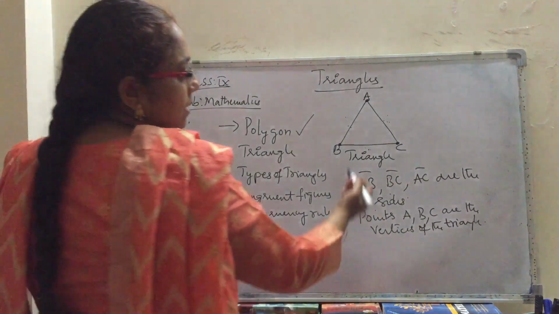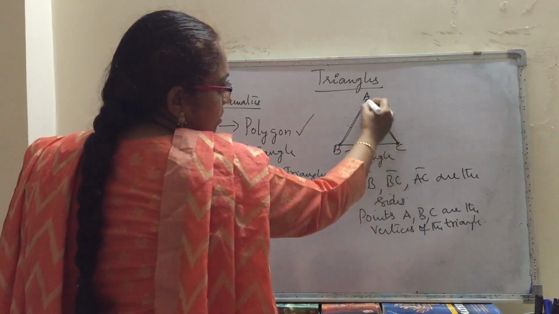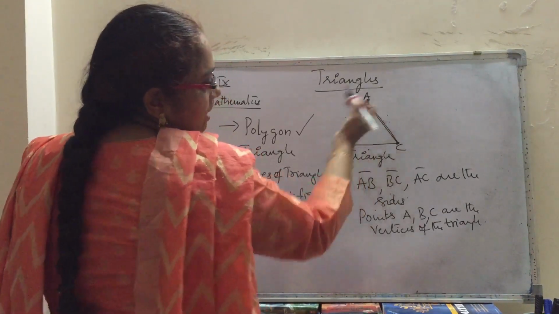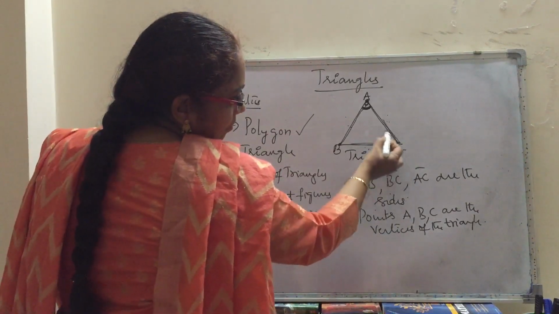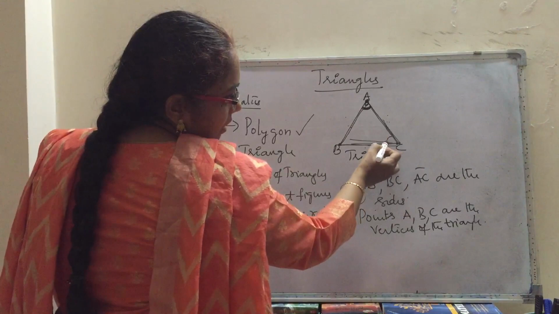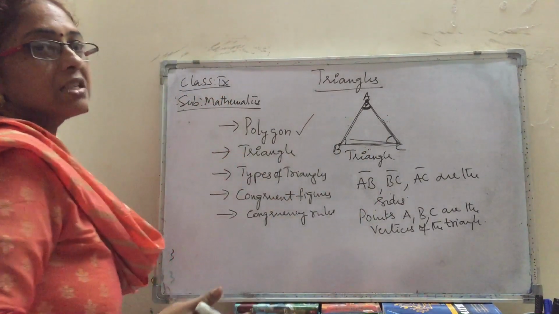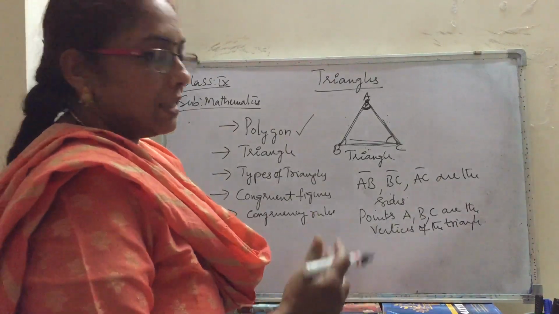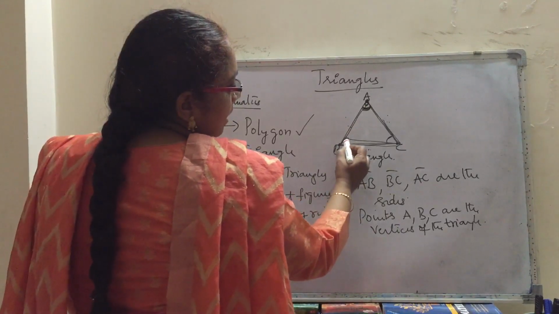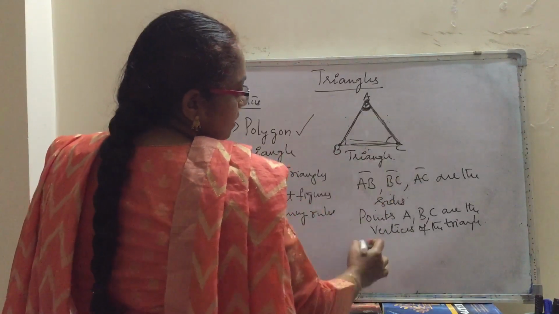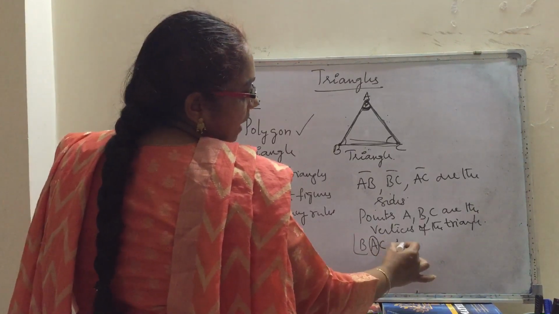Now if you observe, at each vertex one angle is forming. Here also at point C. See, this is the combination of these two. What is it called? An angle. Here one angle, here is also one angle. How many angles are forming? 3 angles. What are those? How do we name this angle? Angle BAC. See children, angle BAC. Simply we can say angle A also.